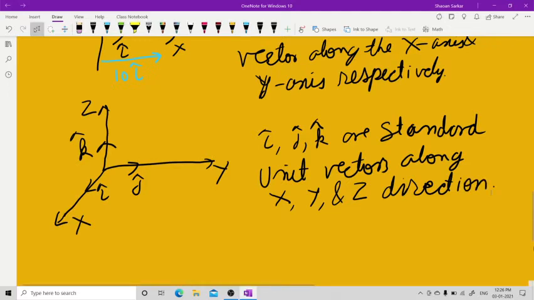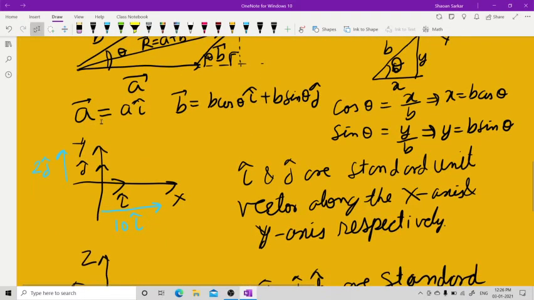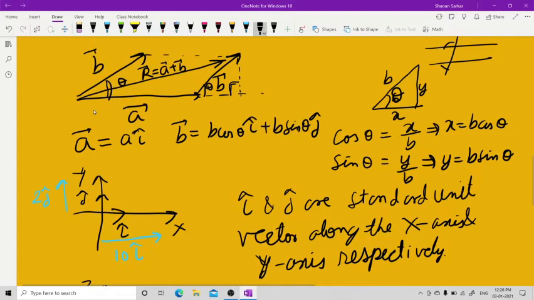Now, let us see, that's why this is along. Now let us draw this line. This is the y-axis, this is your x-axis extended. So A is along the x-axis, so the unit vector is somewhere here. The length has become bigger, so you multiply that A with that i to get a vector. Similarly, you have this b cos theta i. B has the x component in this direction and the y component in this direction.